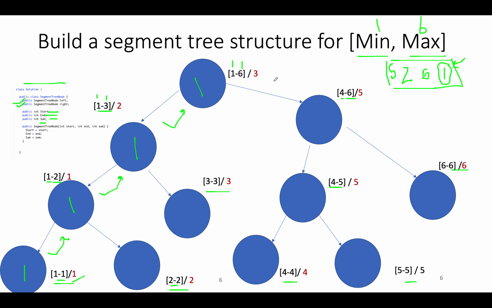Now, in this current segment tree, we want to identify those nodes that lie within the range of minimum, comma, current element minus 1, because those will be lower than the current element, starting from the minimum 1 going up till element minus 1. If we are able to identify the count of those elements using the segment tree that we have built, that will give us the answer.